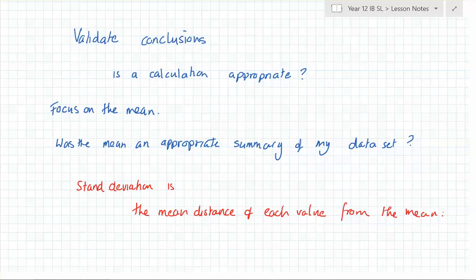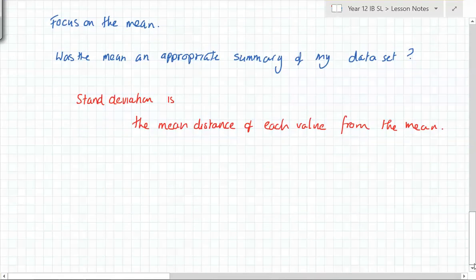So what we're doing is we're actually taking every single point and we're looking at how far away it is from the mean. If in general all the points are a long way away from the mean, then that's bad. It means the mean's not very good. But if the points are generally close to the mean, that's good. We can use the mean. Do you understand how this could be therefore used as the mean is a good one to use? So mean only works for the information that is not that spread? Yeah. So what we're hoping for,